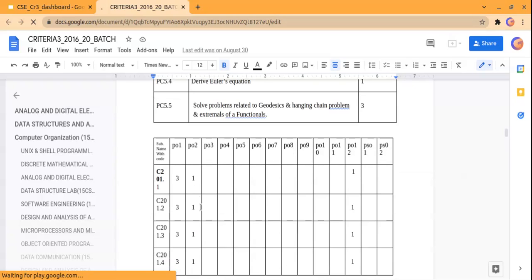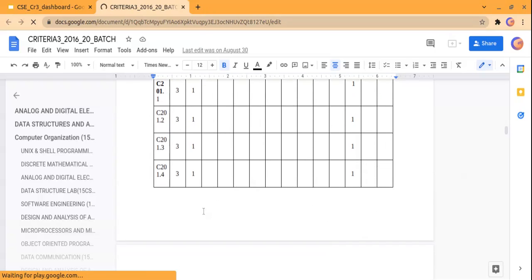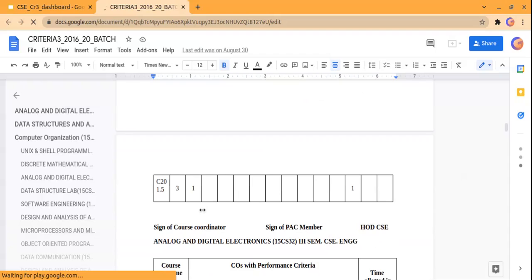Now these are the weights given. So like this, for every subject and every course, we will write the things.